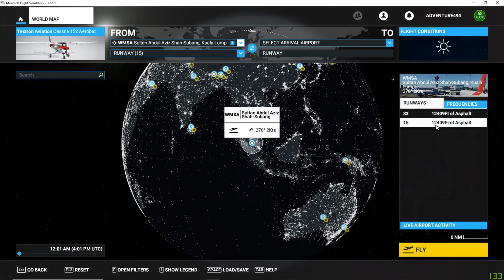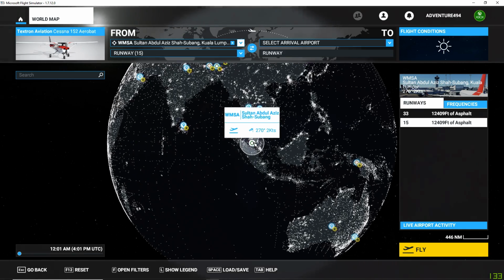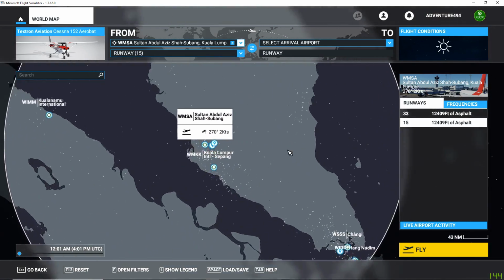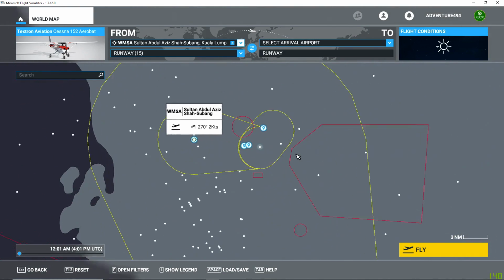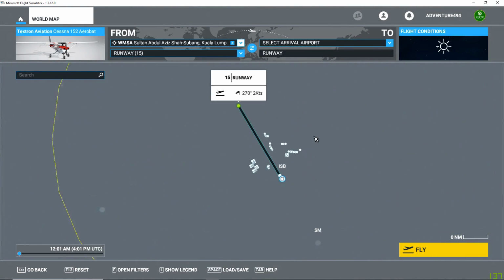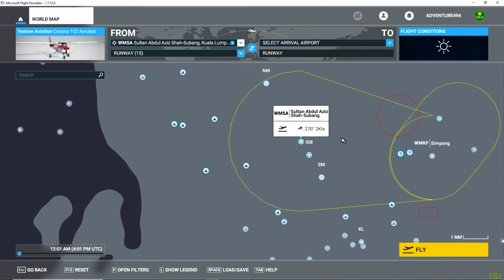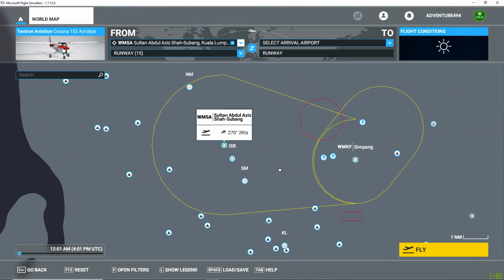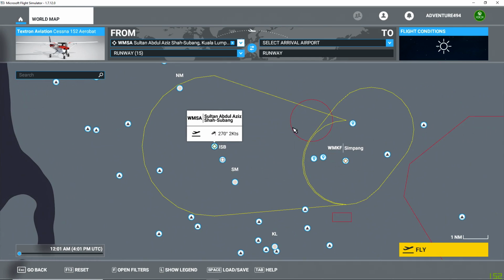Okay, it's a 12,000 feet airport runway, which is quite long. And zoomed in there, you can see that's the runway there. Okay, there you go. Right, so we have runway 15, and what we're going to do today is fly off to the city about this area. So we have the Telekom Tower and Mid Valley Mega Mall, and then we have the Petronas Twin Towers. So we're going to fly in between here. We're going to make a bank or a turn left and come back to Subang Airport